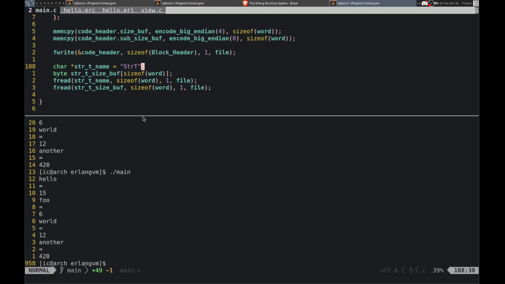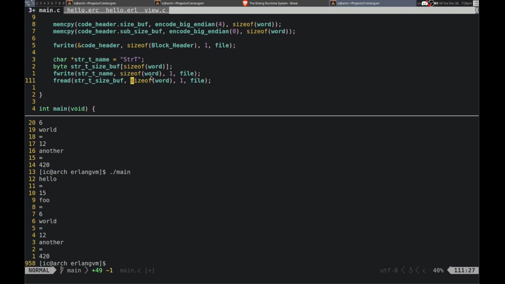StrT. Yeah, it's just like that. Perfect. This needs to be fwrite right next to StrT name, like that. Okay, and then the buffer. fwrite StrT size buff.